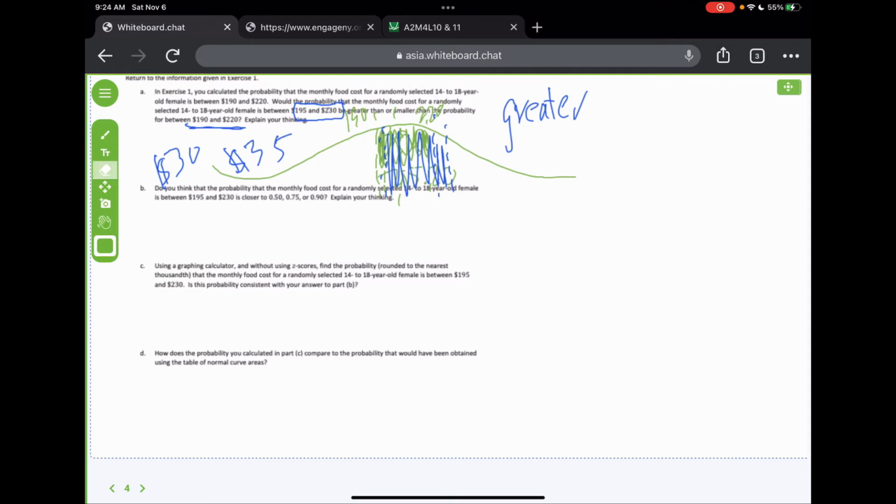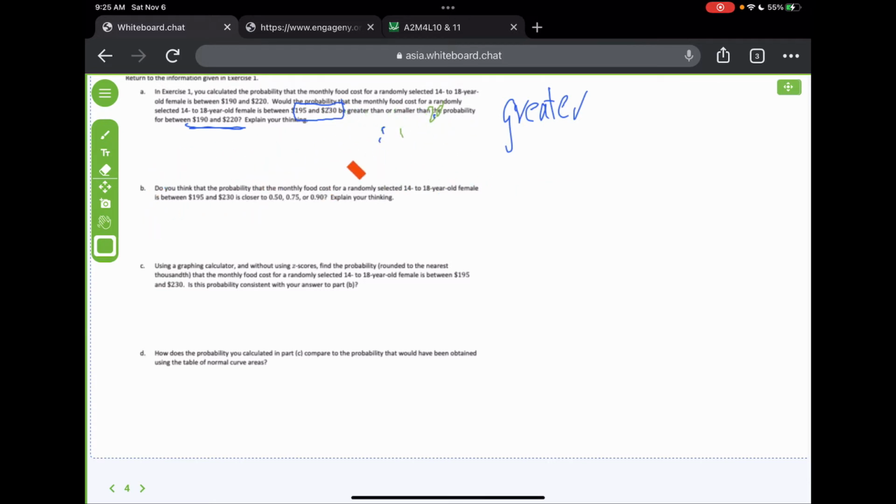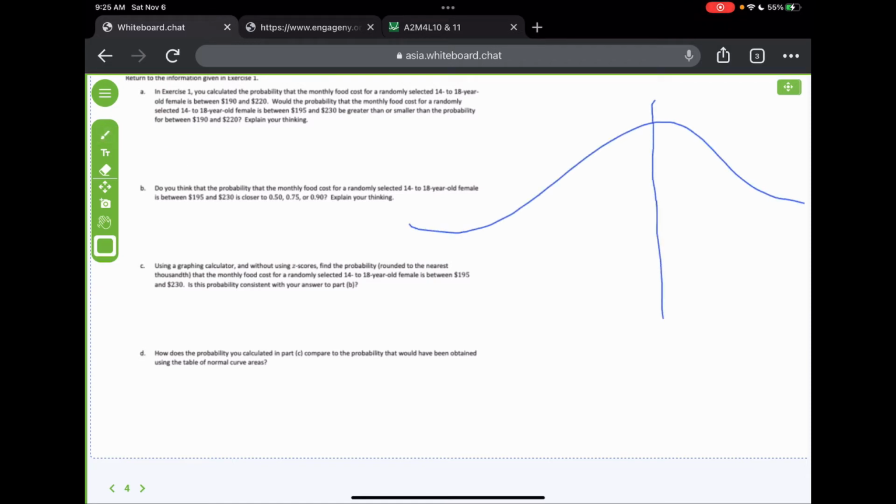Now, let's go back here. Do you think that the probability of the monthly food cost, this is B, for a randomly selected 14 to 18-year-old female between $195 and $230 is closer to 50, 75, or 90%? Okay, well, I should have just left my chart drawn here. If this is 215, and we're looking at 195 to 230,